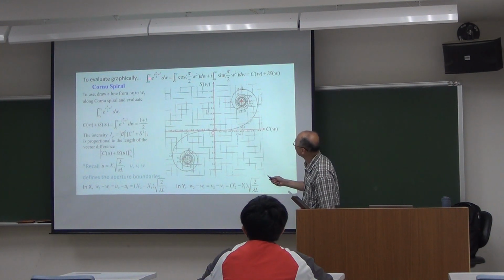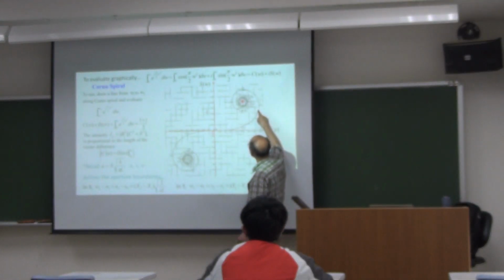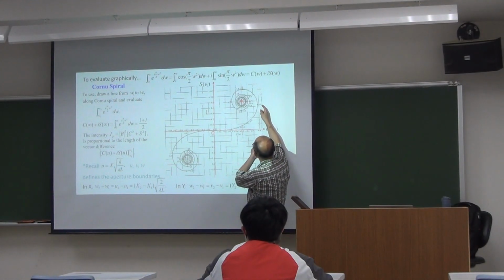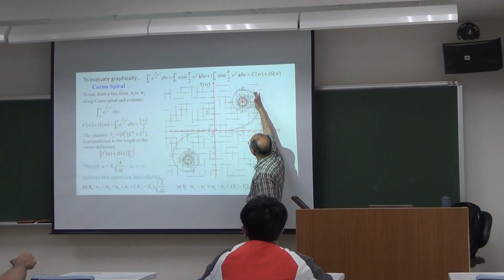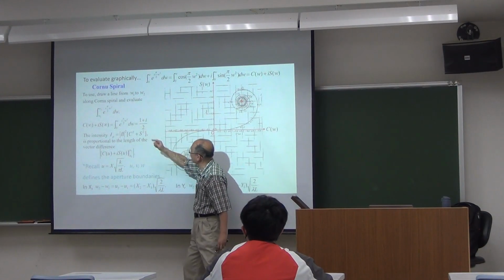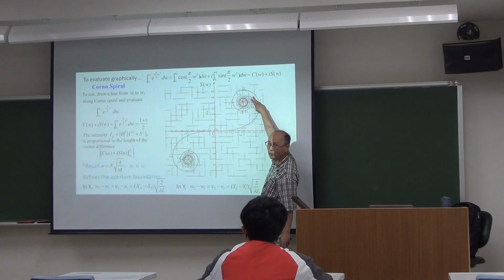If you change the integration boundary from W1 to W2, then you'll be identifying this value at W1 for one vector, and then identify these two values at another vector, and if you do a subtraction, you'll be evaluating the difference between the two vectors,